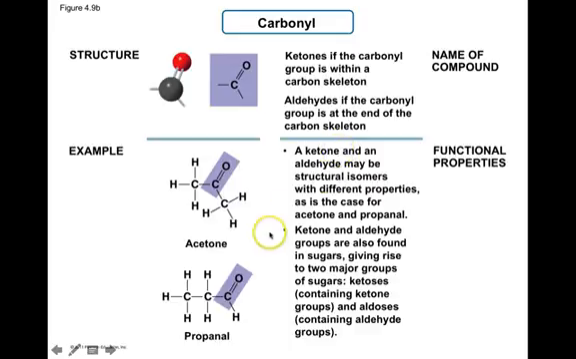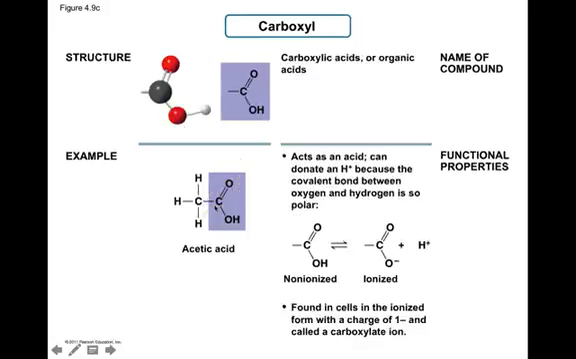Guys, remember that ketones and aldehydes are found in sugars. Okay, and when they're found in sugars, they are called ketoses and aldoses. Acetone, you might have heard this name. Acetone is a chemical which is found in nail polish remover. The reason why acetone can erase nail polish from your nails is because of this functional group. Remember that. Okay, coming to